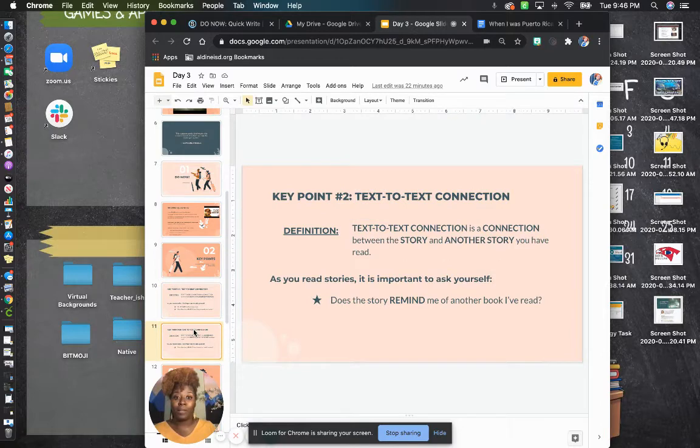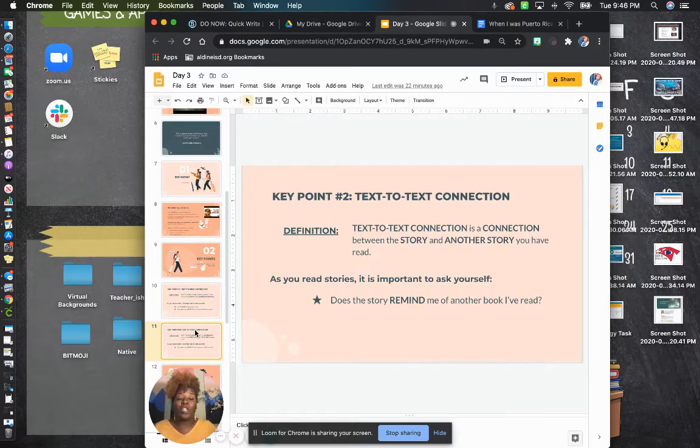Key point number 2, text-to-text connection. The text-to-text connection is a connection between the story and another story that you have read. So as you read stories, it is important to ask yourself, does the story remind me of another book I've read? This is not just because I need to get an A in Miss McCoy's class.